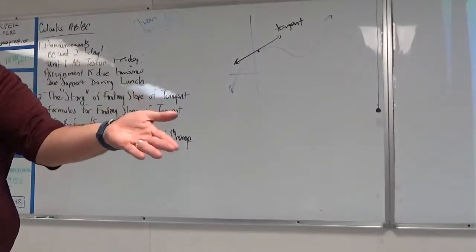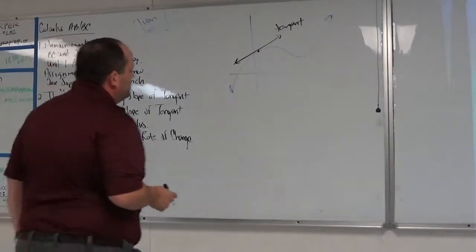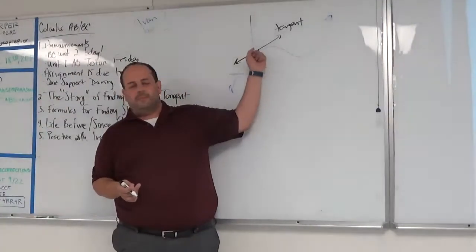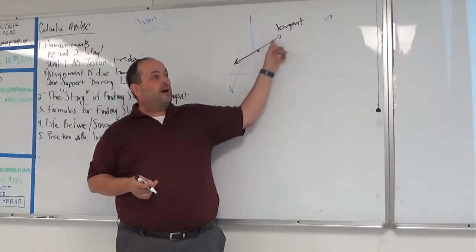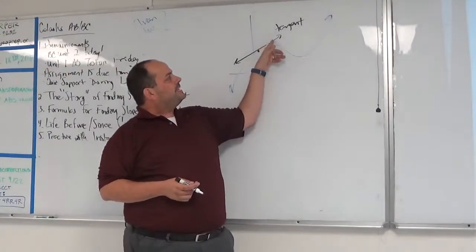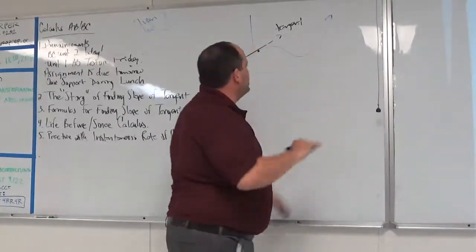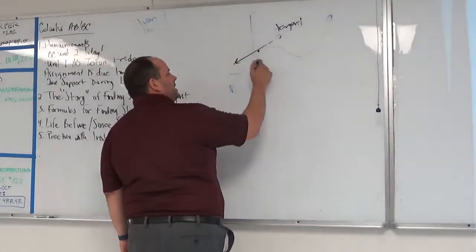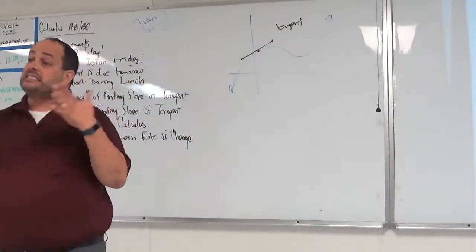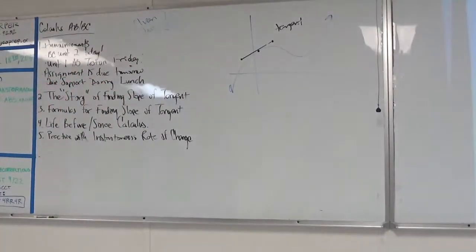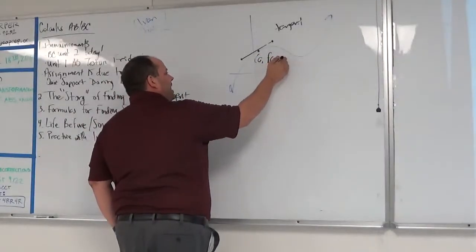The line touches the curve once, right? Touches the graph once, touches the curve once. Saying it that way is fine. Now, one thing I want to be clear. Some people in second period said, but wait a minute, if this is a line, lines go on forever, right? And what if the line crosses the curve up here? Does it now become a secant line? Technically, yes. But I'm really just talking about what's happening around this point. So if in your mind you need to think tangent segment instead of tangent line, we're going to call that good. Everybody okay? What I want though, if I label this point a comma f of a, is to find the slope of the tangent line